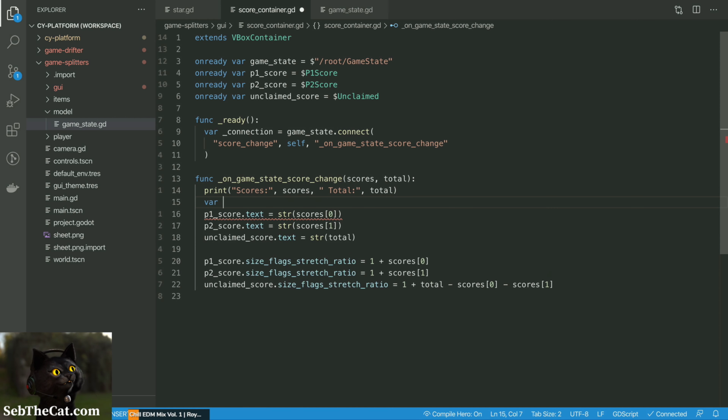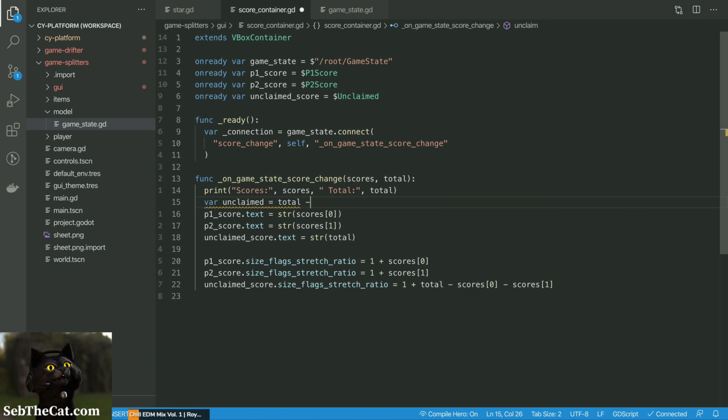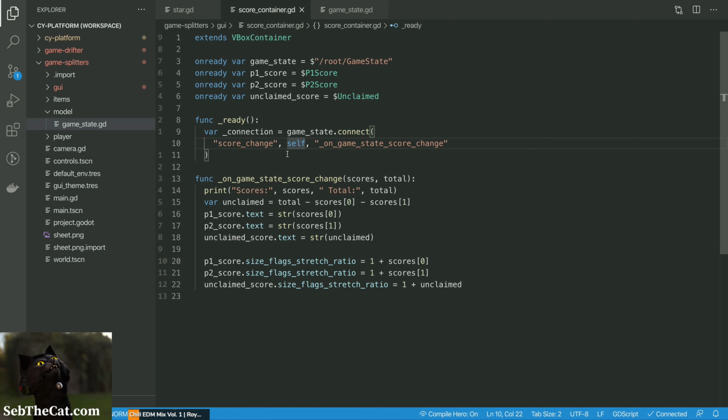let's just say the var, the unclaimed value is equal to the total minus this, right? And then here we would just say the is equal to the unclaimed, and up here we also need to set this to unclaimed. And then on ready,